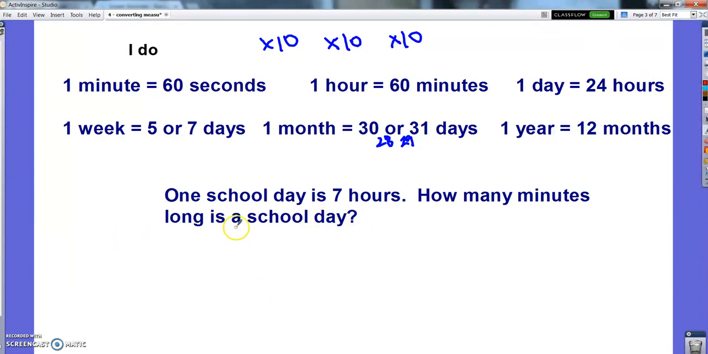So let's do this example here first. This is just going to take a one-step conversion. 1 school day is 7 hours. How many minutes long is a school day? So I would want to use this conversion here. I know a number of hours. I want to convert to minutes. So I know that